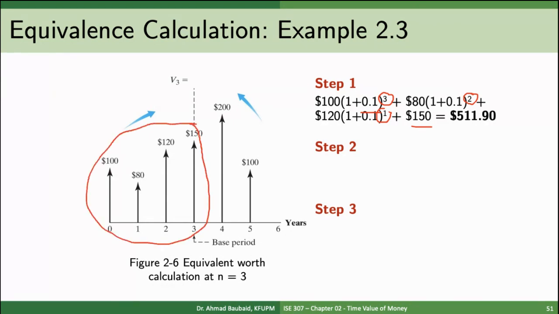Now of course we need to do these 2 over here. And so that's what's given here. See, the exponent is negative. For the 200, you're moving it back 1 time period. And then for the 100, you're moving it back 2 times. That's why this is -2. And then you get 264. And finally,